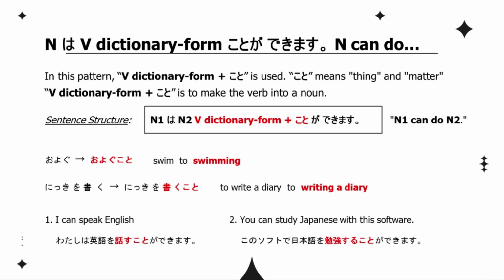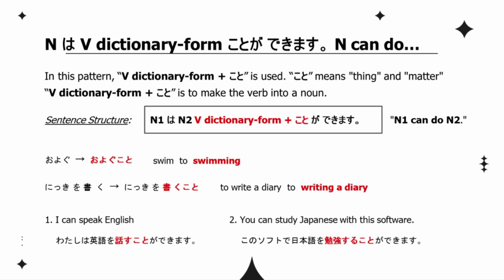For example, to swim, swimming. 泳ぐ、泳ぐこと。To write a diary, writing a diary. 日記を書く、日記を書くこと。